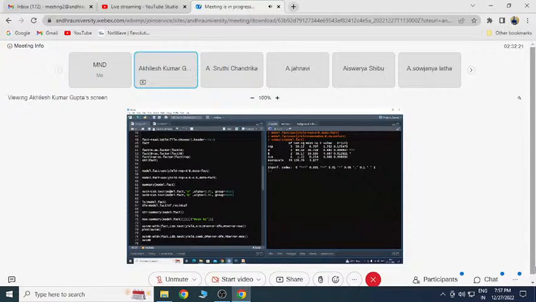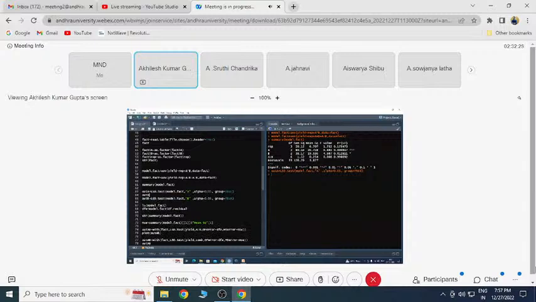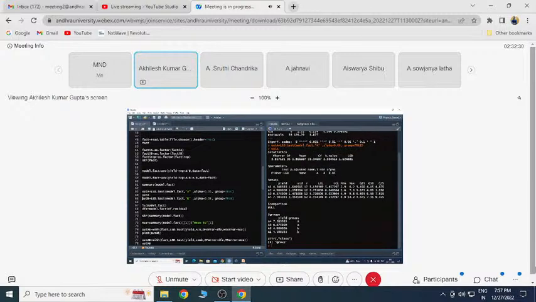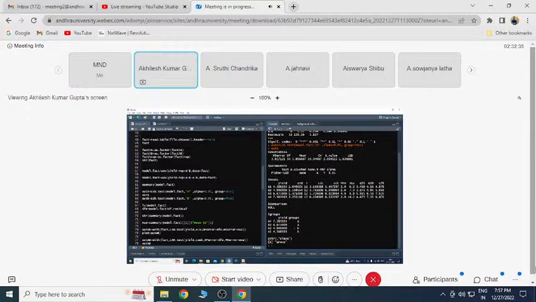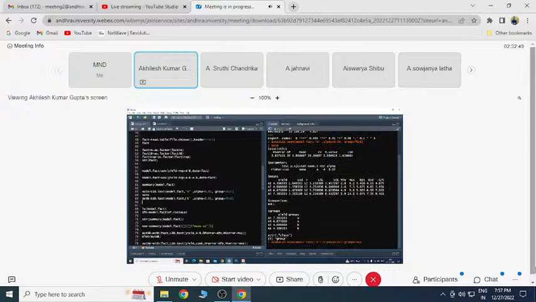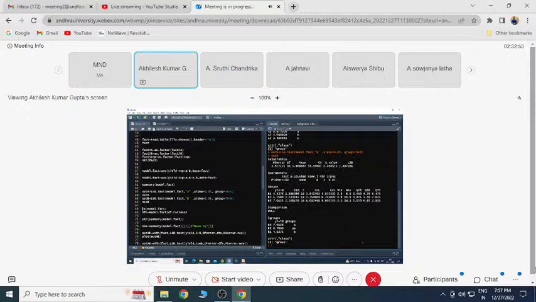Then again, you can get your multiple comparison result. I have 4 levels of A, so I got groups A, B. These two are not significantly different, but A4 and A2 are significantly different. So like this, you can make groups. You have got here your CD value. Similarly, you got for your B. You have 3 levels of B.